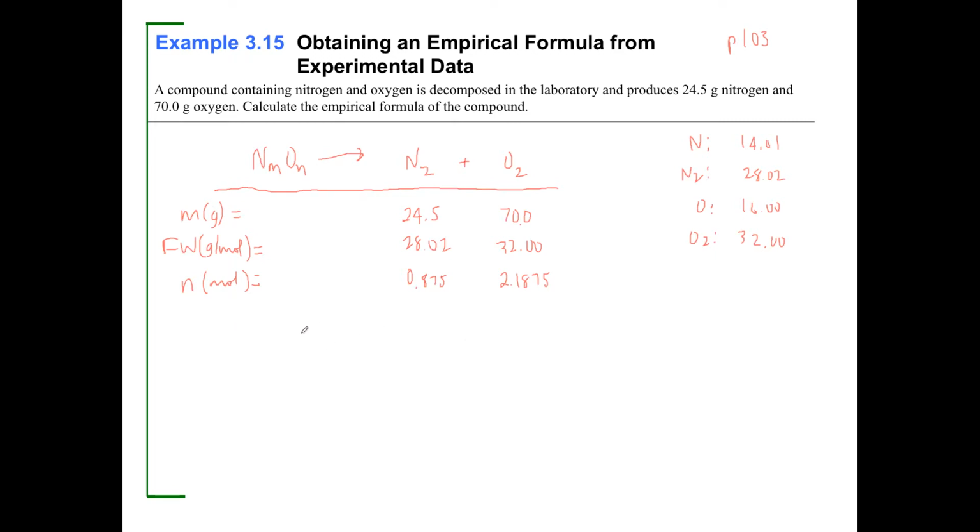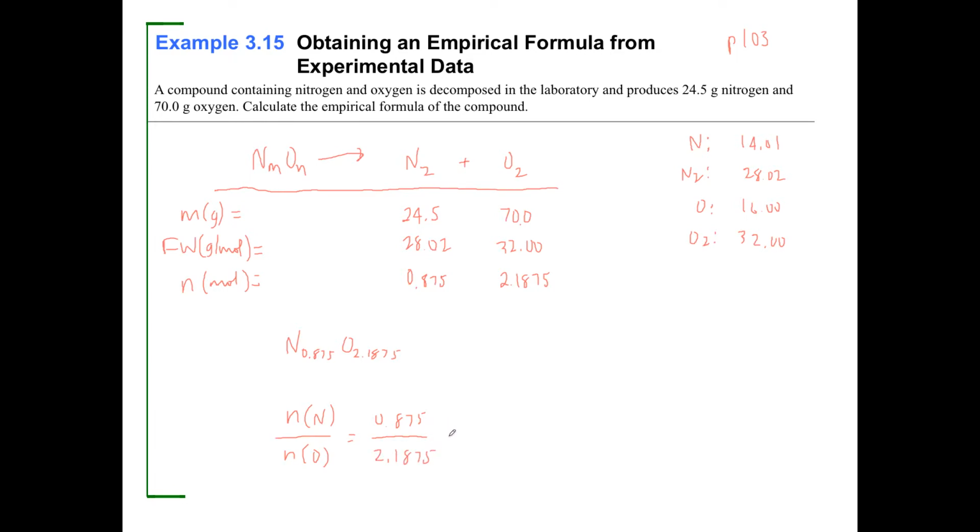And so it looks like the compound is nitrogen 0.875 to oxygen, which is 2.1875. And recall that to get the smallest whole number ratios, we are going to just do the moles of nitrogen over the moles of oxygen. Doesn't matter which we do, right? 0.875. I think I did the smallest one in the bottom last time. We'll do it on top this time. And the moles of oxygen,